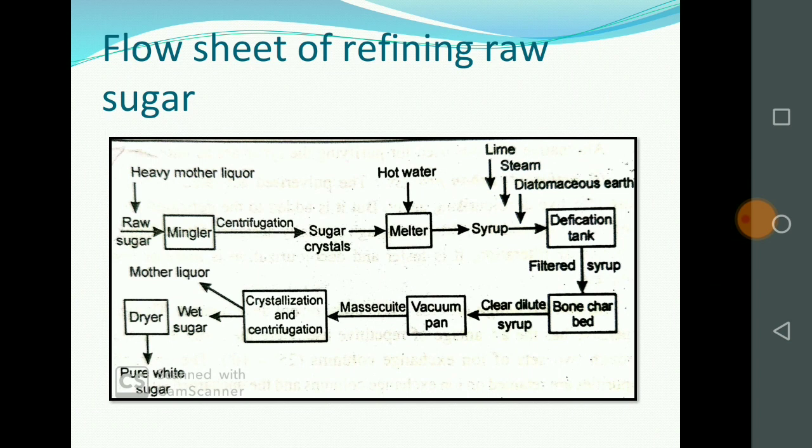In this decolorization, the filtered liquid obtained in step B is a clear dark brown liquid still containing some dissolved impurities. So the liquor is passed through a charcoal bed as shown in the diagram. When the liquid percolates through the charcoal, the colored and some soluble impurities are selectively adsorbed on the charcoal, and clear colorless pure syrup comes out of the char tanks. The disadvantage of this method is that the adsorption cycle takes longer time and inorganic salts are not removed.